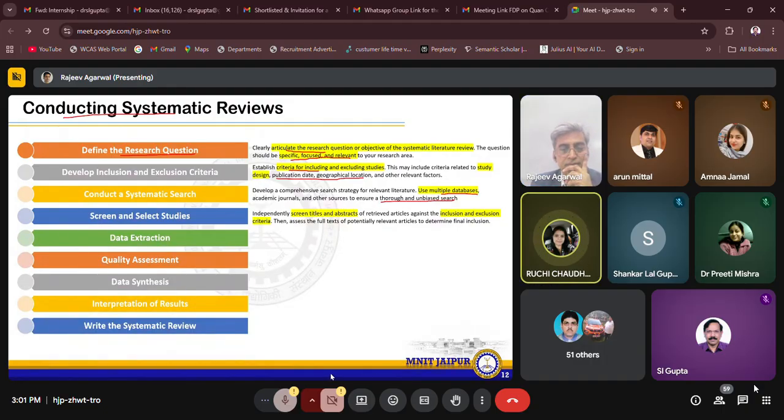Good evening, sir. My name is Ruchi Chaudhary, and I'm a PhD scholar from Manipal University, Jaipur. I'm working on a paper related to bibliometric analysis, and I have used only one database, that is Scopus. Is it necessary that we go for multiple databases, or is it sufficient to use only one? I have seen papers where they have worked on only one database. So I just wanted to know whether we can use multiple or should go for only one.